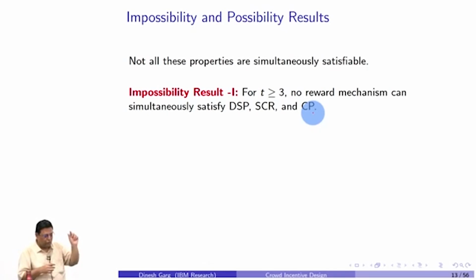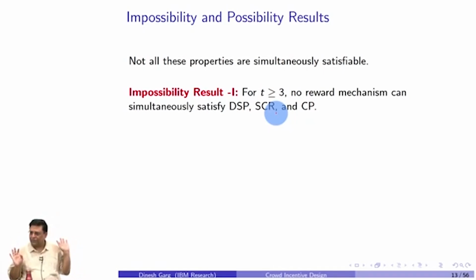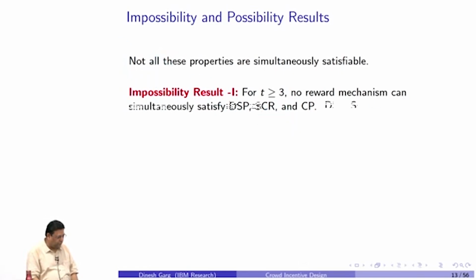Meaning, downward Sybil proofness and collapse proofness are the two attacks which we saw. If you want to have both of these attacks completely missing, and also strict contribution rationality, which means everybody in the winning chain getting a positive reward, all these three properties, no matter which scheme you design, you cannot have at the same time. One of them will be violated for sure. I am not going to prove it. If you want to know more about it, I can cite you our paper. You can read it there. How do you prove that? It's an interesting proof.